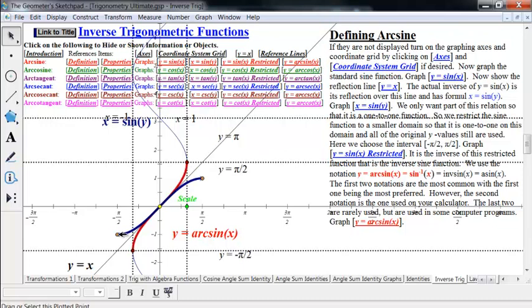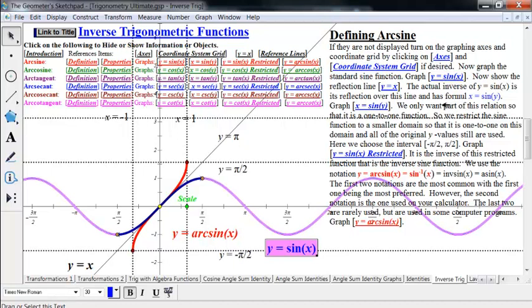So what's this point down here? Well, the one on x, y equals sine of x, the original one, is negative pi over 2 comma negative 1, and so this end point on the arcsine is negative 1 comma negative pi over 2. So again, that's part of x equals sine y, but only the part to make it a one-to-one function, just like the sine wave. It's not a reflection over the line y equals x of the whole sine wave, but only on just the part